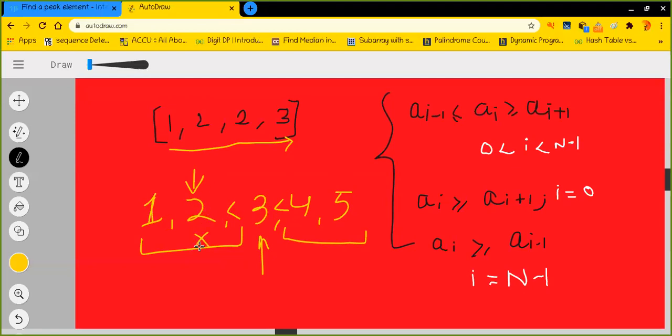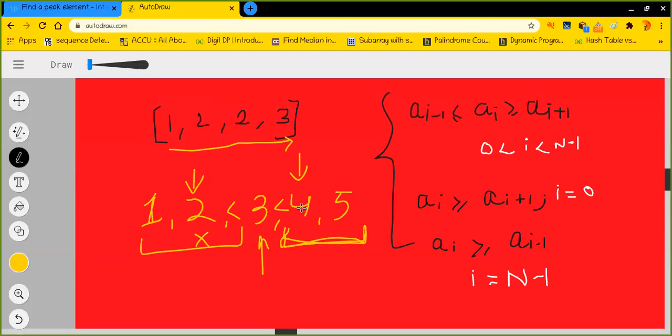It fails. This possibility gives me a negative sign, that I may not find a peak element in this particular segment. This is the point I want to make. But if you look at this other segment, consider this particular element.